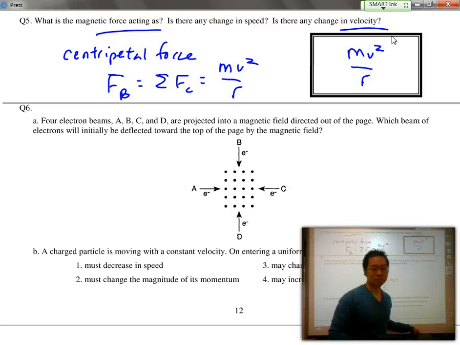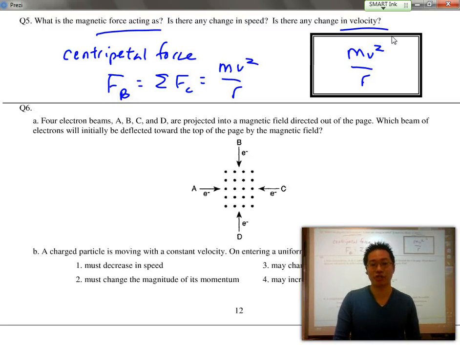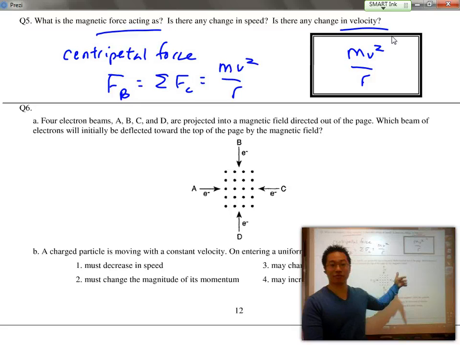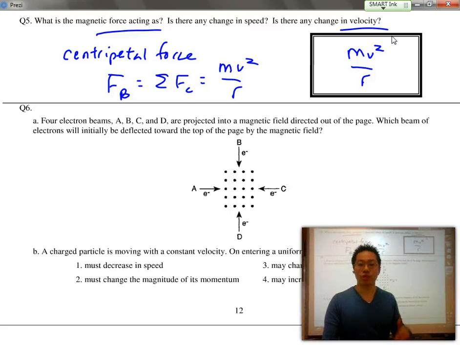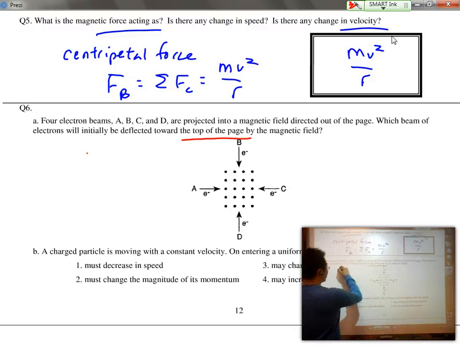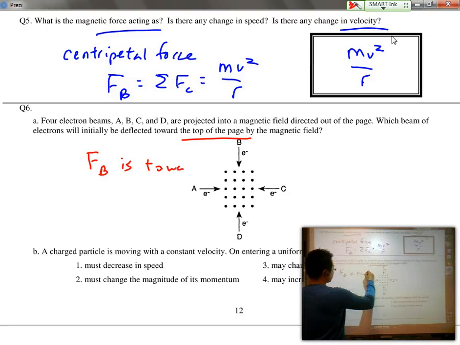Okay. If we do another quick question below, just to practice this a little bit more, we see 4 electron beams, A, B, C, and D, projected into a magnetic field directed out of the page. So that means my fingertips have to be pointing out of the page. They say which beam of electrons will initially be deflected towards the top of the page. So they're saying F_B is towards the top